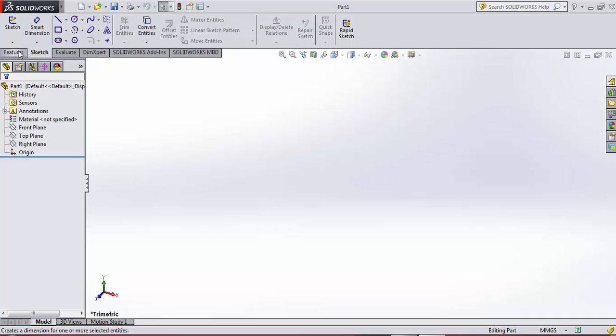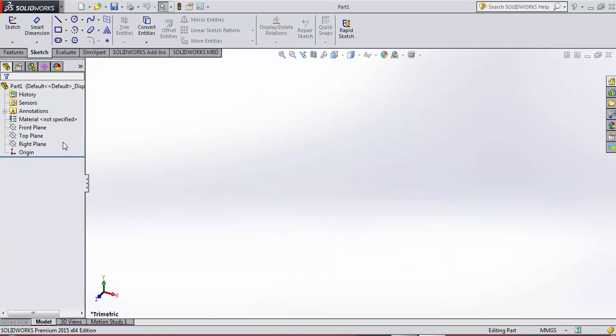Features means converting 2D to 3D. Evaluate. Evaluate means detailing. Coming to the tree area. Except for all these, I will explain only the front plane, top plane, right plane and origin.